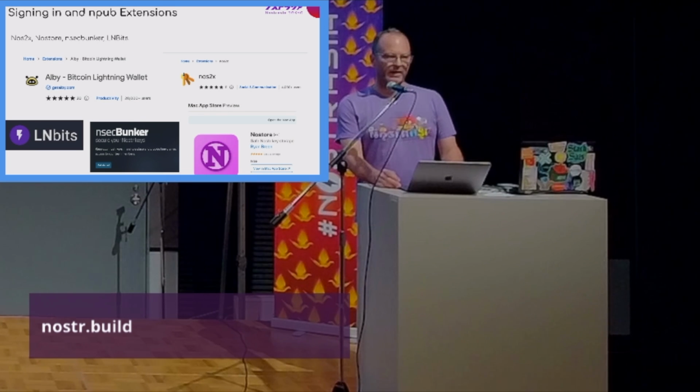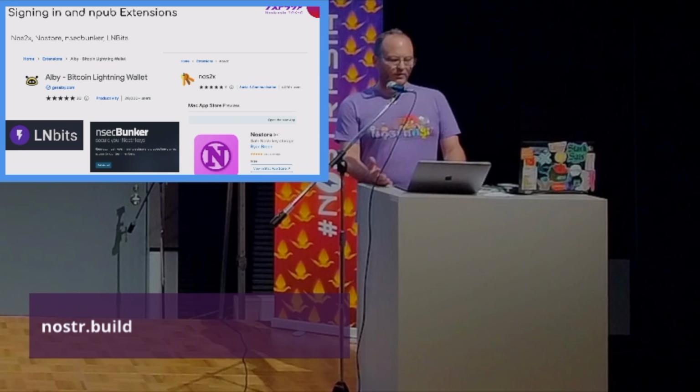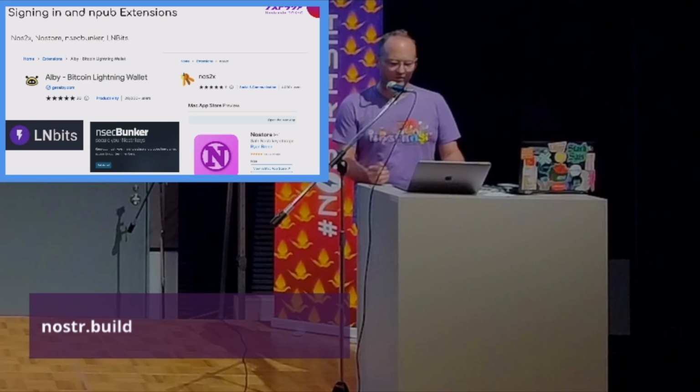So we talked a little bit about signing in, right, and the difference between username and password, public key versus private key. Public keys are called npubs. So every public key is like an npub1, right? The private keys are the tricky part, right? You can put your public key into anything you want. Private keys are tricky because you don't want to put your whole private key into one of these apps. All of them take a private key, but you don't necessarily want to put it into one of these apps.